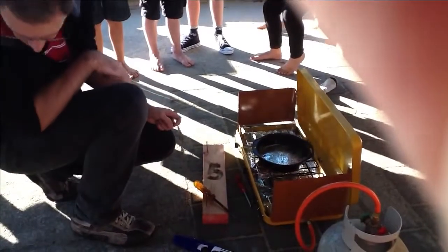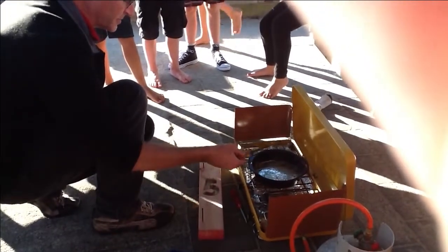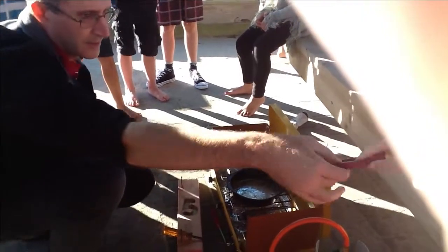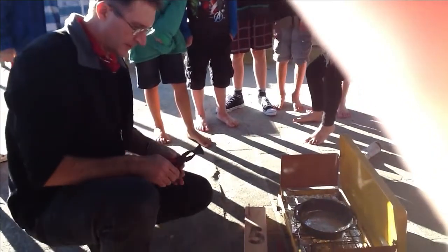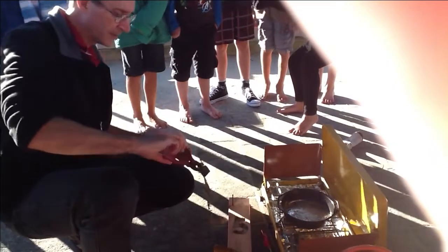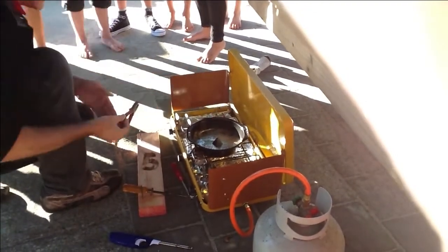Because this is so hot, I can't risk plopping it in with my fingers, because if that lead splashes, because it's almost as liquid as water now, if that splashes up, I'll get such a nasty burn I'd have to go to hospital. So what I'm going to do is borrow these and very gently place this in, so that my fingers are not risking splashing it. But have a look at it closely and watch how that pyramid